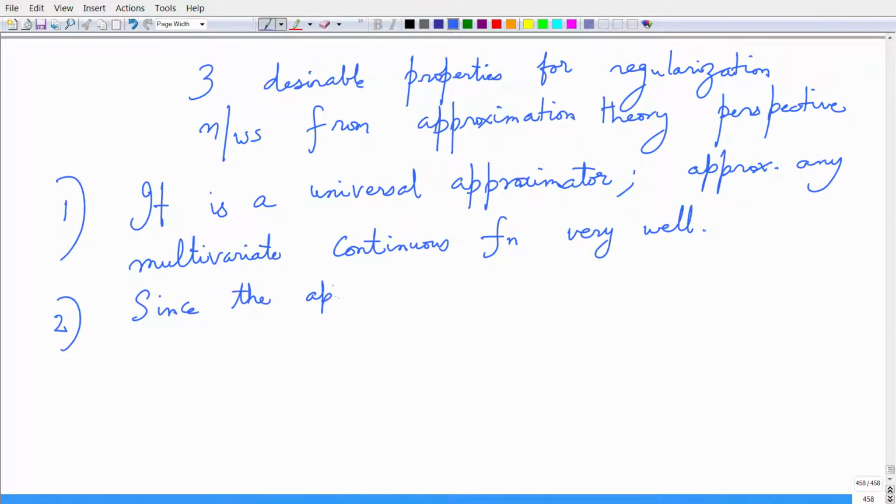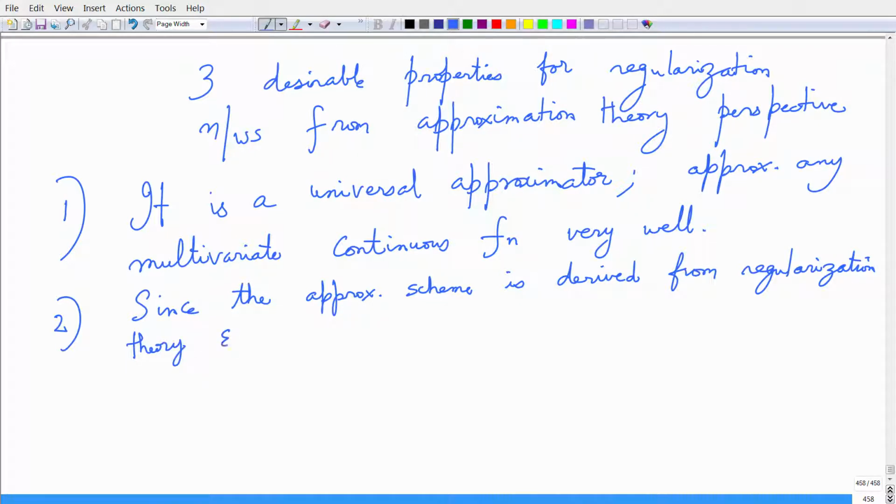Since the approximation scheme is derived from regularization theory and linear in the unknown coefficients, this is very important,